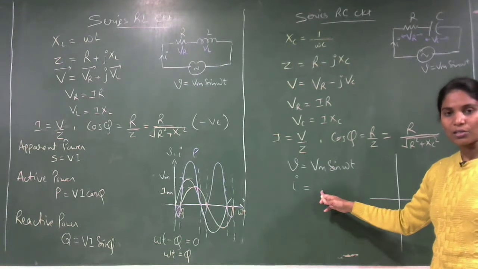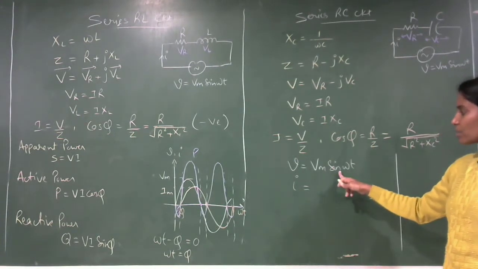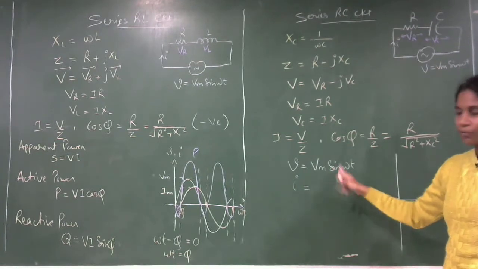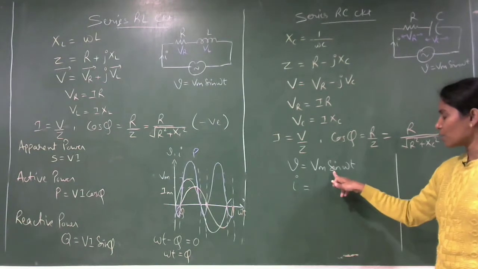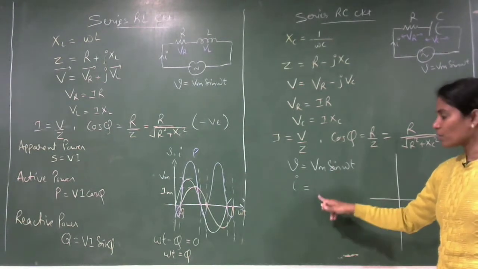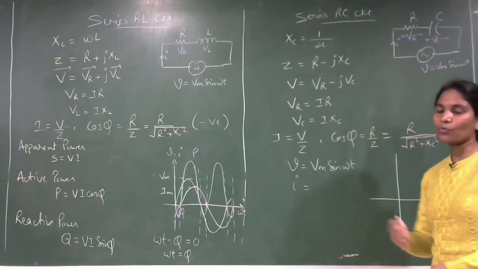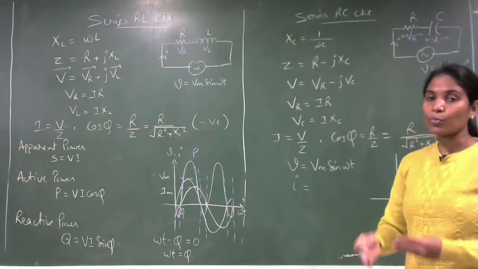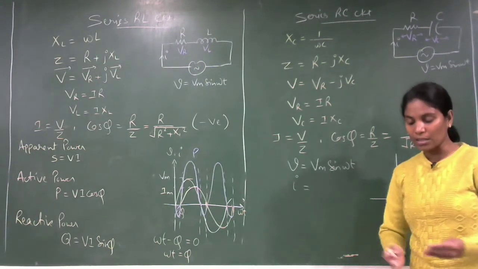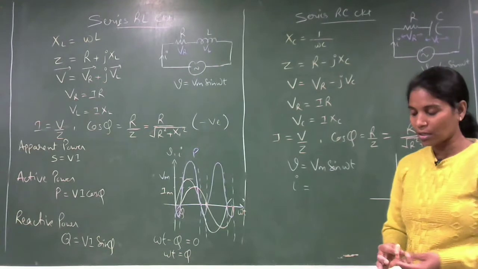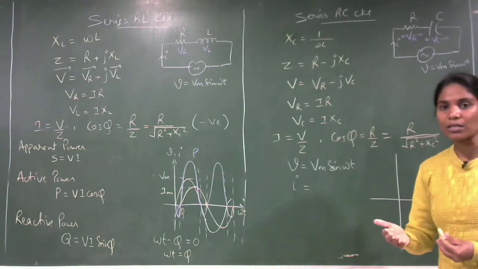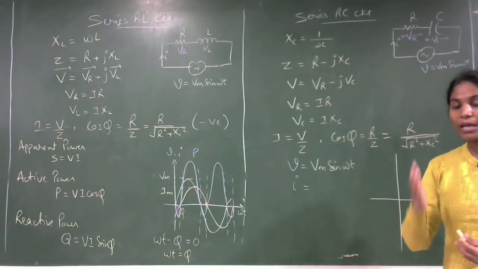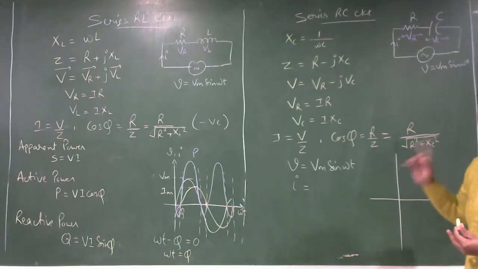That is the instantaneous equation for current. See here, the supply voltage is the same, Vm sin omega t. We have taken the same supply for all types of circuit. Now what will be the equation for current? For that we should recall the concept of a pure capacitive circuit. You have seen in the lecture on AC through pure capacitance that the current leads the voltage by exactly 90 degrees.